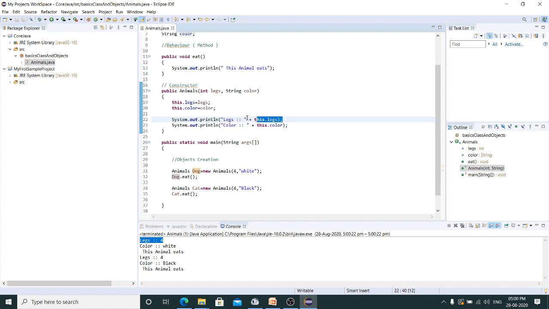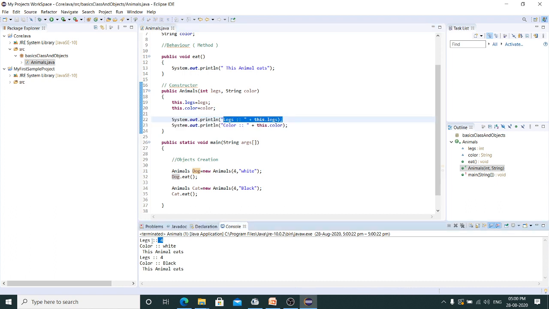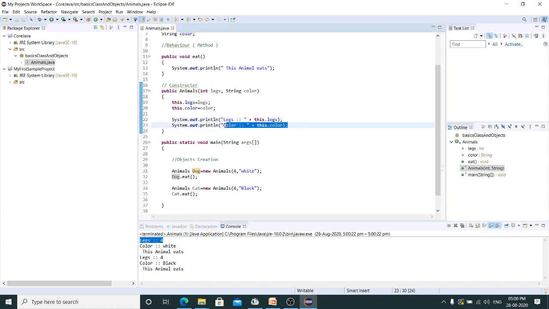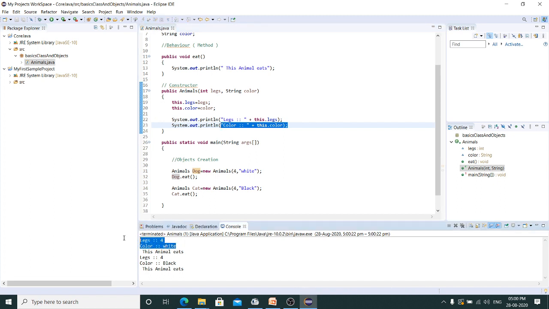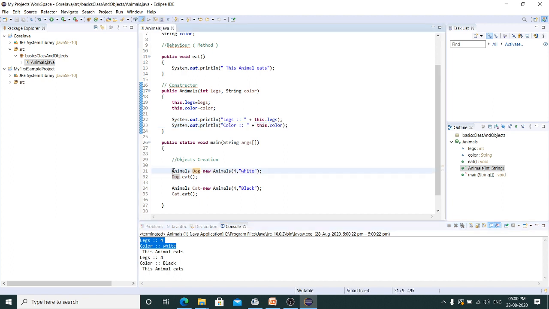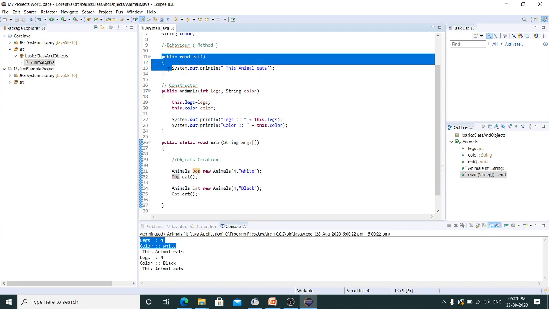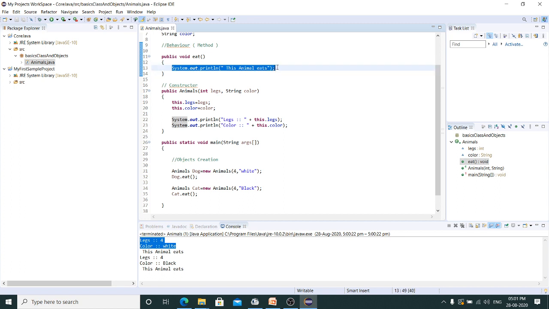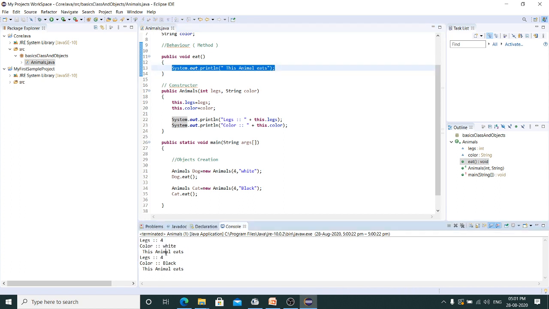One is legs 4, and the next one is color white. This is for dog. The next line is dog dot eat. When I give dog dot eat, it jumps to this method, and it prints this animal eats.